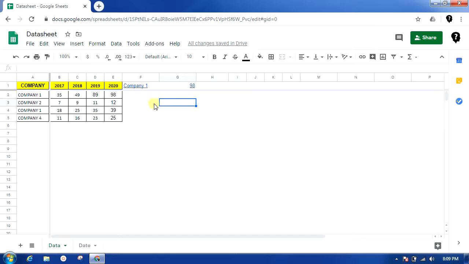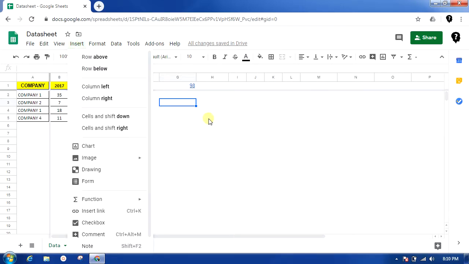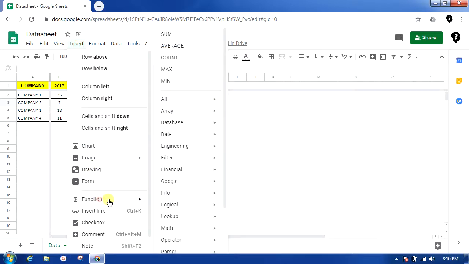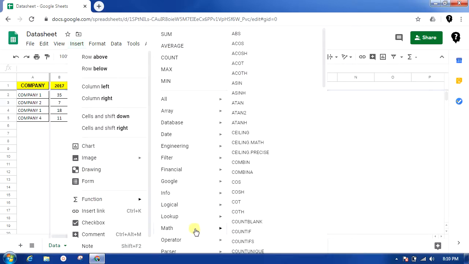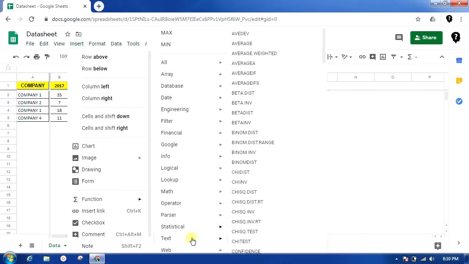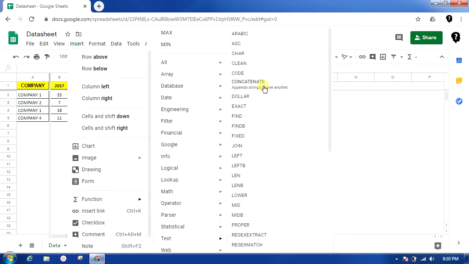Another way, okay, let's cover another formula. Here I will insert another function, for example the text formula, CONCATENATE.